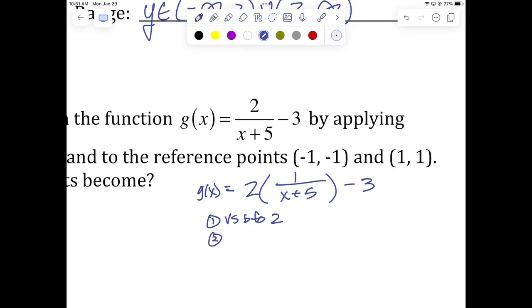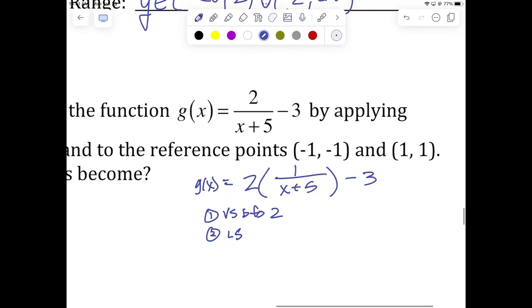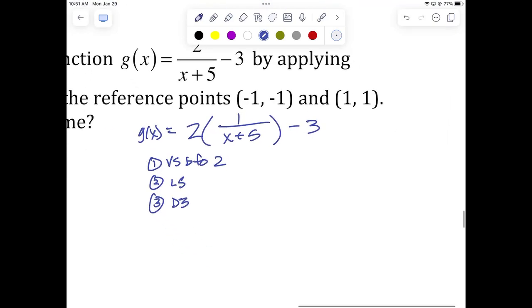The next thing, the plus 5 is horizontal shift. Which direction? Opposite of what it appears, right? Left 5. Opposite of what it appears. Plus 5, you're like, oh, it's the positive, right? But it's to the left, right? And then down 3, down 3. Okay, so if we're sketching this dude,